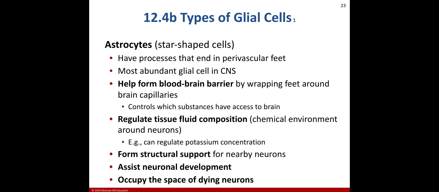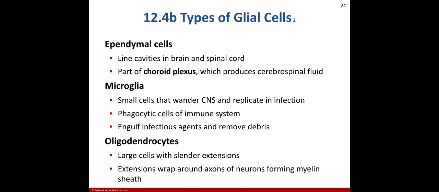They also regulate tissue fluid composition, or what is around neurons. So they can really regulate potassium concentration. They're going to form support for other neurons. They assist in neuronal development, or like, organizing them in growth and development. And they will take up space of dying neurons. We have